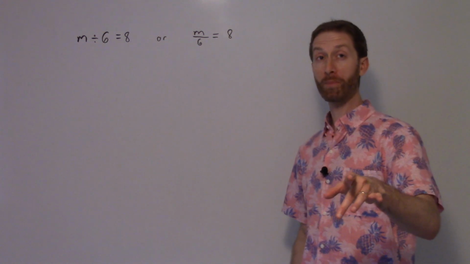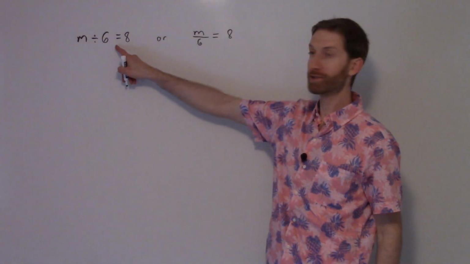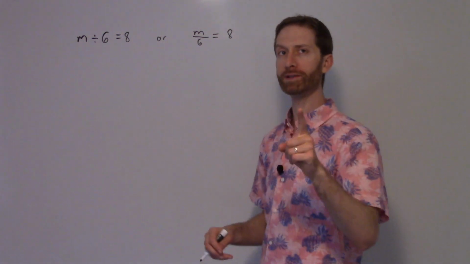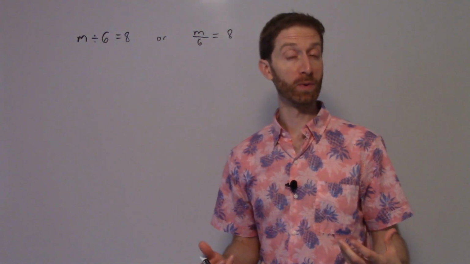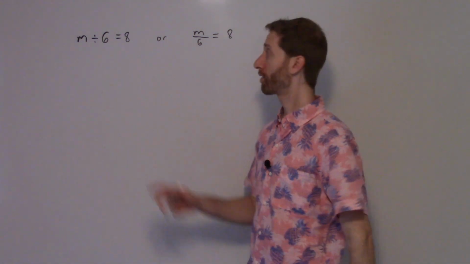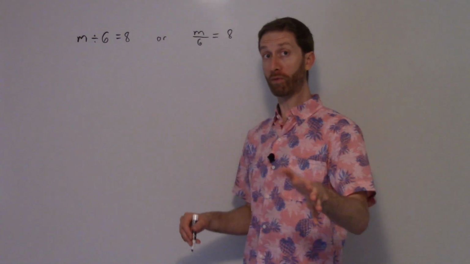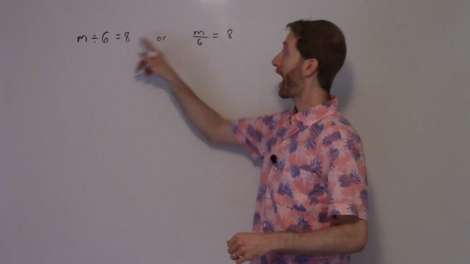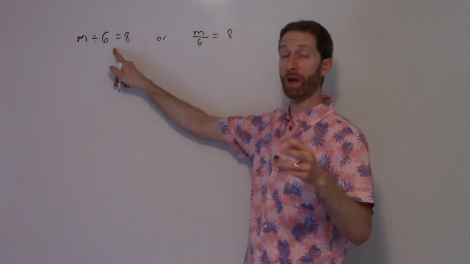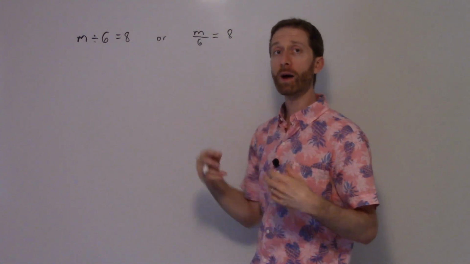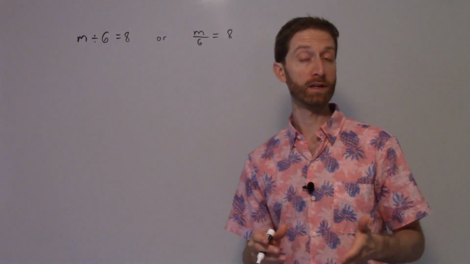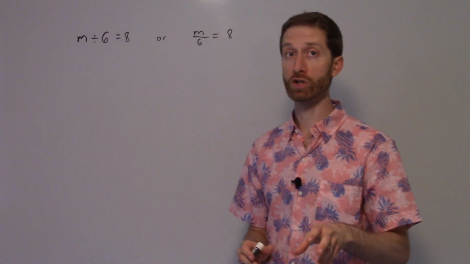We are going to learn about how to solve equations of this variety. These are called one-step division equations because there's one step used to solve them and there's division involved. But before we get into how to solve this equation, which I've written in two ways, we'll talk about that in a little bit, I want to go over the key part of this, which is the multiplication property